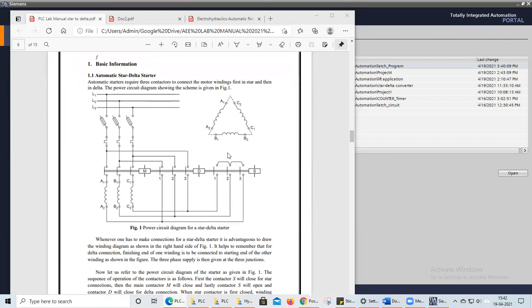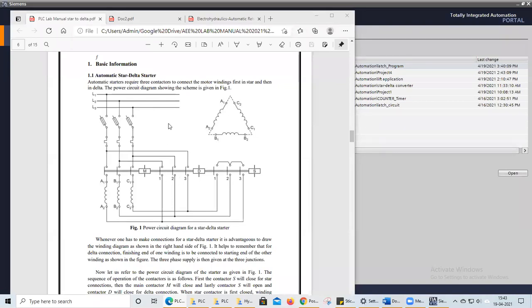After some time, we don't want to run our motor in underrated performance. In star the phase current is very less, so we want our circuit to work properly, so more current has to pass, the normal rated current. So we convert into delta, where in delta connection line voltage is equal to phase voltage.